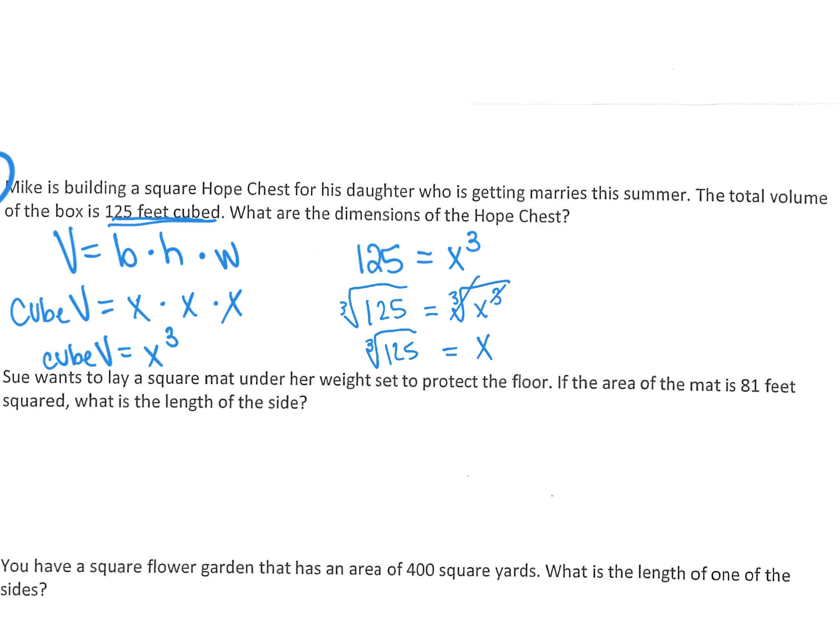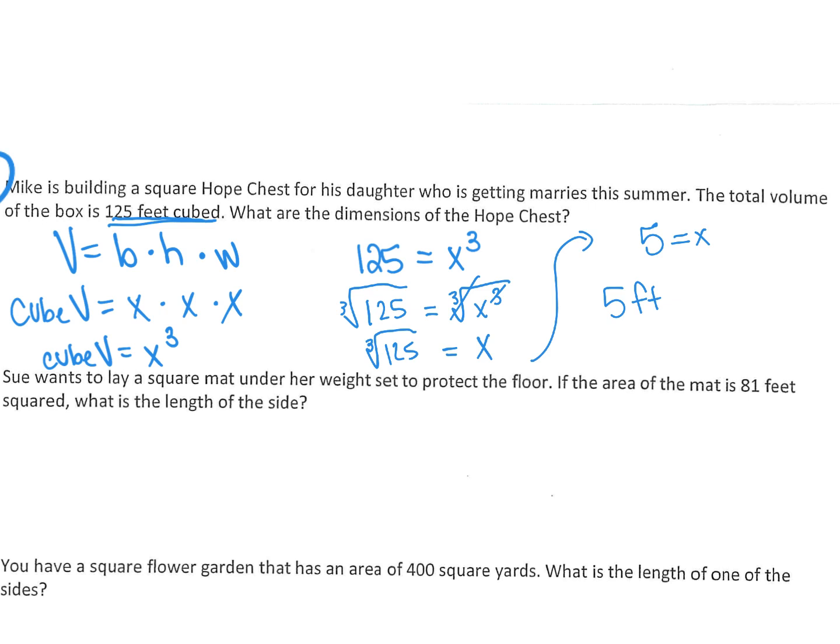So now we're going to figure out what one of those sides are. So I'm going to come over here and say the cube root of 125 is 5 equals x. So our final answer then is, because it asks what are the dimensions of the hope chest, it is a 5 by 5. Well, let me actually, don't forget to put your label. So it is a 5, and they said these are feet